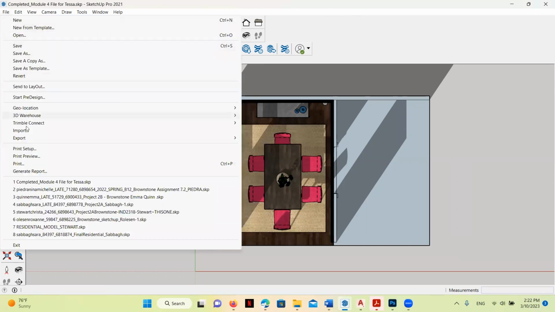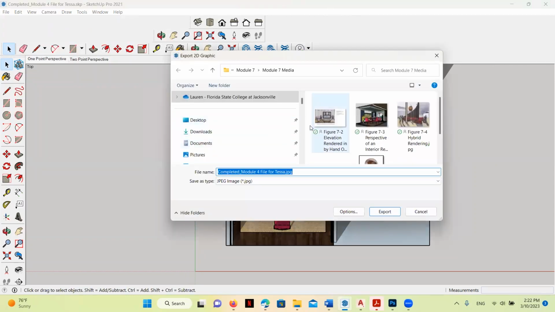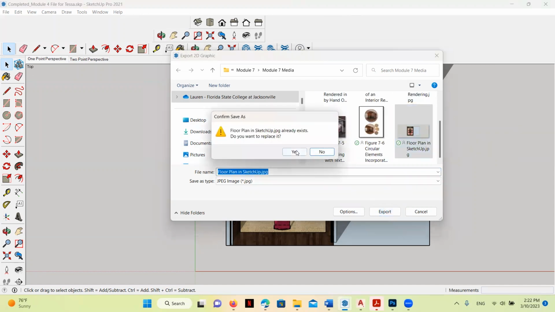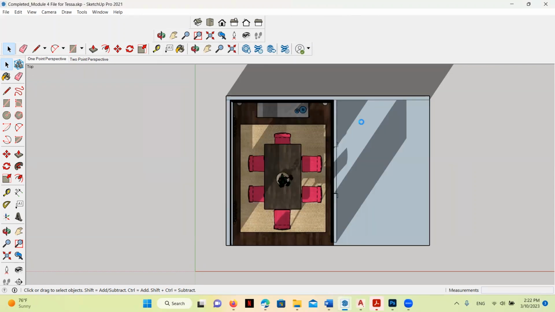And I'm going to go to export. Now, when I hit this button, it's going to ask me if I want to export it as a model or a graphic. I'm going to export this as a graphic, and it's going to go immediately to ask me where do I want to save these things. So I'm going to just go ahead and save this in a place where I can retrieve it and hit export. I've already done this before, so it's replacing a file. So I'm going to just let that do its work, and I'm going to pause. And when you see me next, I will be opening this file in Photoshop.